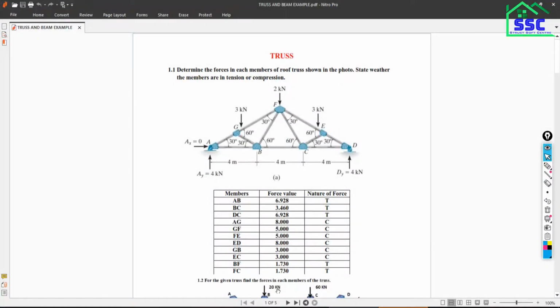In the last session, we have seen how to model this truss. Then also we have seen how to assign the point loads over the joints of the truss. Then also we have seen how to assign the releases of the members and what actually the function of assigning the releases to the members is. All those things we have covered in the last session, where we also have seen how to check the results. That means how to see the actual forces in the members of the truss.